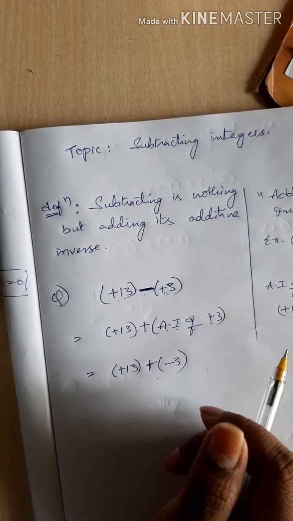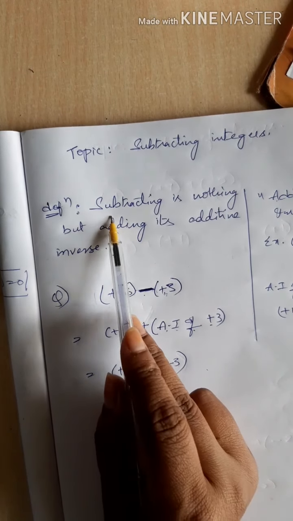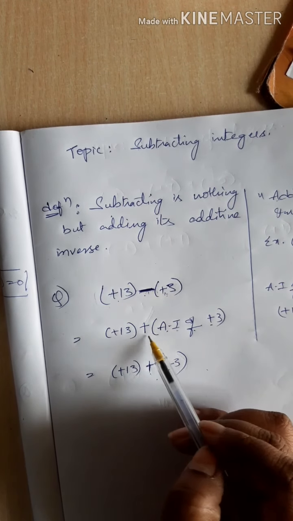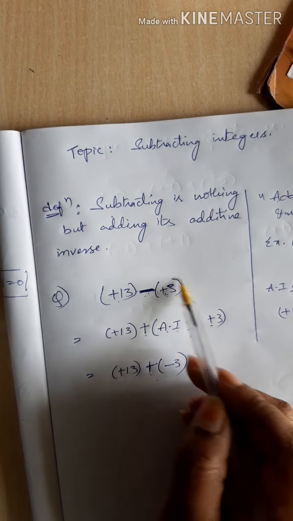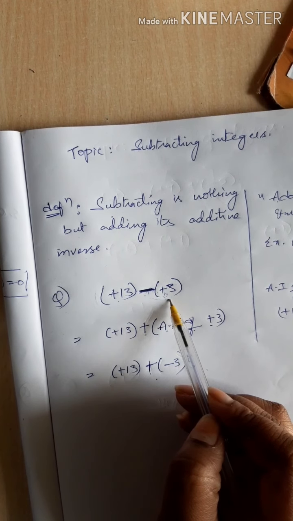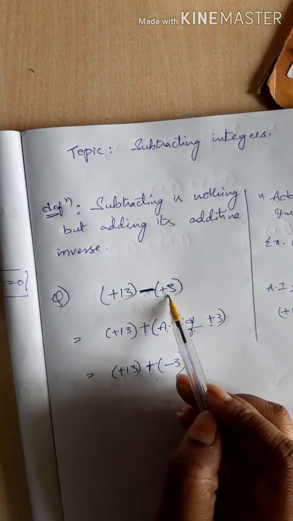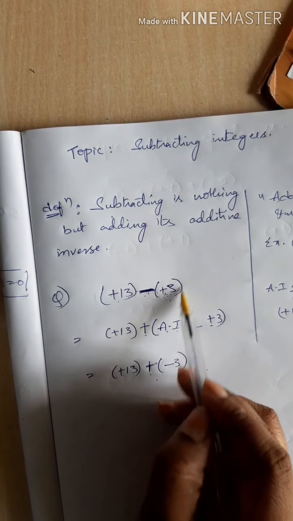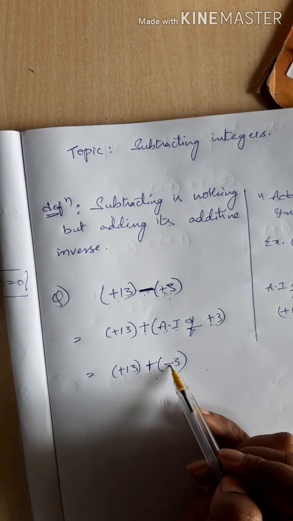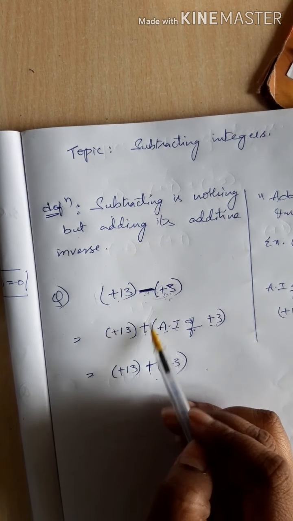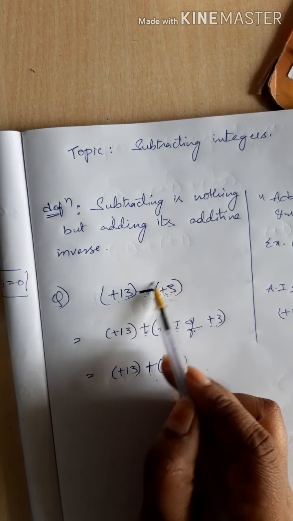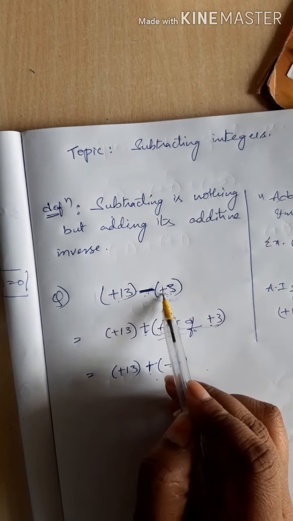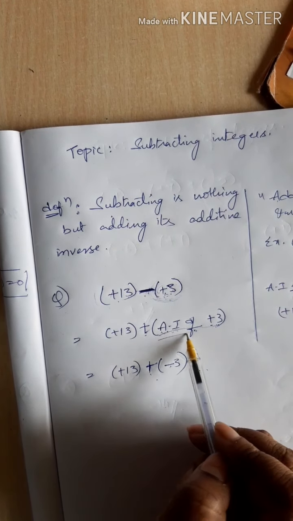Now I have converted this subtraction into addition. Simply we cannot change the question. By using the definition only, I have converted this subtraction into addition. When I am changing minus to plus, I need to change the other integer also, the one you are subtracting. Subtracting is nothing but adding its additive inverse. Whose additive inverse? Of whoever you are subtracting. Plus 3 I am subtracting. What is the additive inverse of plus 3? Minus 3. When you are changing minus to plus, you need to change the value also. Instead of plus 3, what have I written in the bracket? The additive inverse of plus 3.